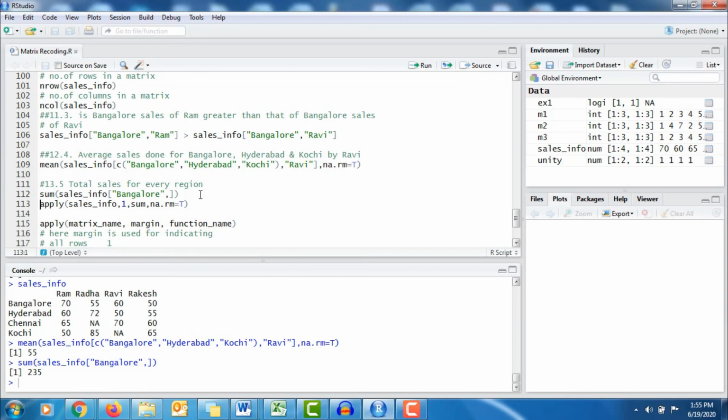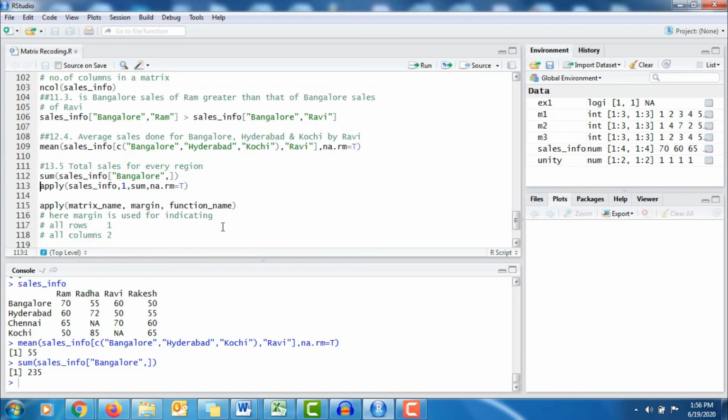But suppose you want to automate this task, you can use the apply function. Apply functions are generic functions which are used to apply specific functions either on every row or on every column. So you can see the syntax of apply followed by your matrix name, followed by your margin, followed by your function name.